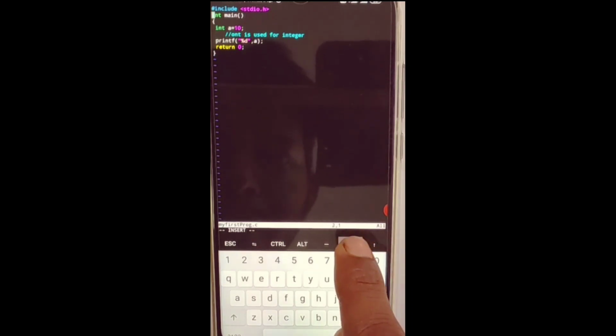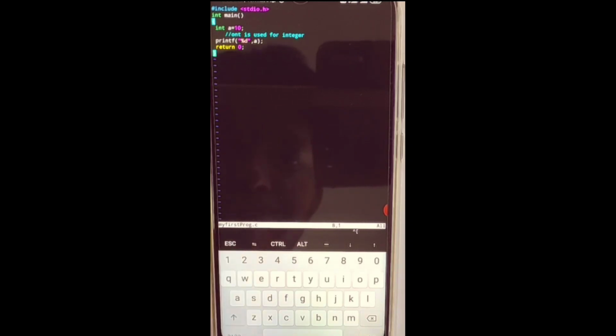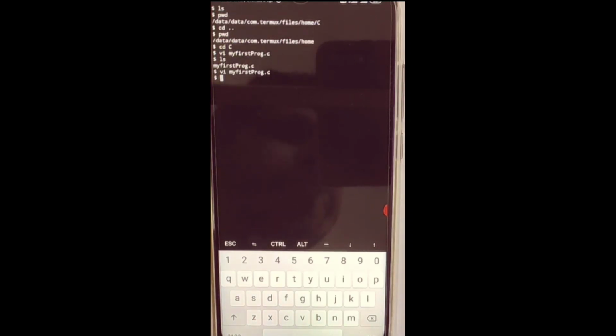It will show this. If you want to change anything, press I again, go upside or down, wherever you want to edit. After that, Escape, the same command, WQ, Enter. After entering, your file is saved.